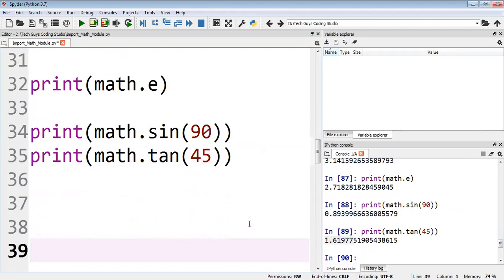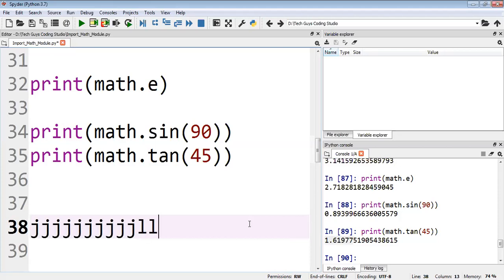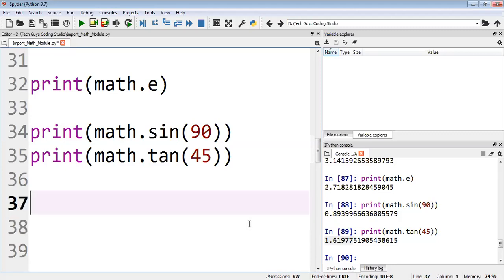Then one more thing I would like to tell you. Here we know it's the math module, but in Python we have different kinds of modules, and we need to import them. Here it's simply math, but if we have a big module name that we cannot remember, we can write a shortcut for it. How do we write the shortcut?